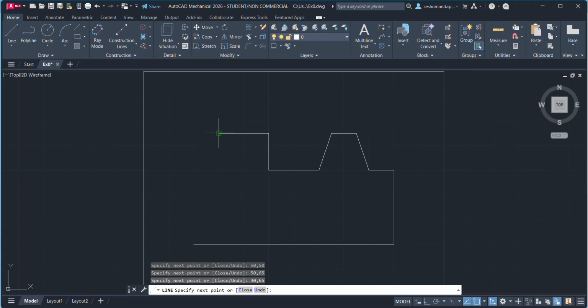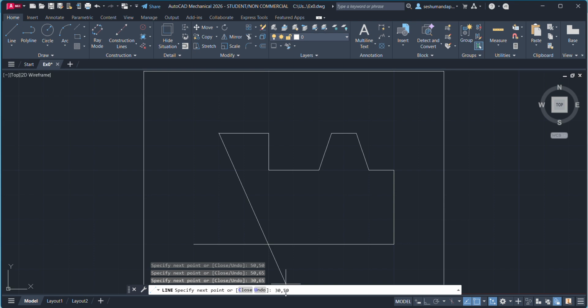Now we want to move downwards, in the y-axis only. We don't want the movement of the x-axis, we want only the negative y-axis at a distance of 15 mm. The x is already at a distance of 30, so we don't want to change the 30. Only the y-axis should be reduced by 15 mm. It is already at a distance of 65, so 65 minus 15 we get 50. So the point now is 30 comma 50. Enter 30 comma